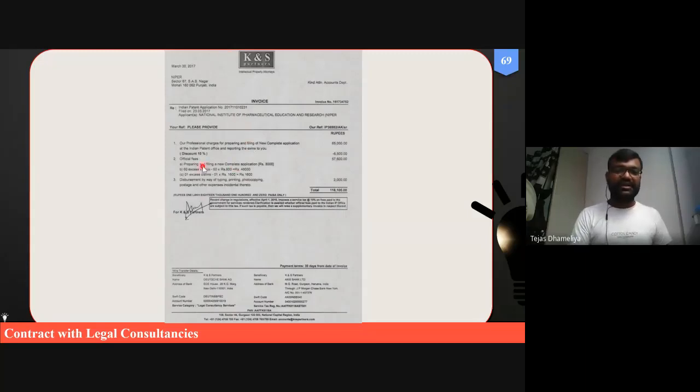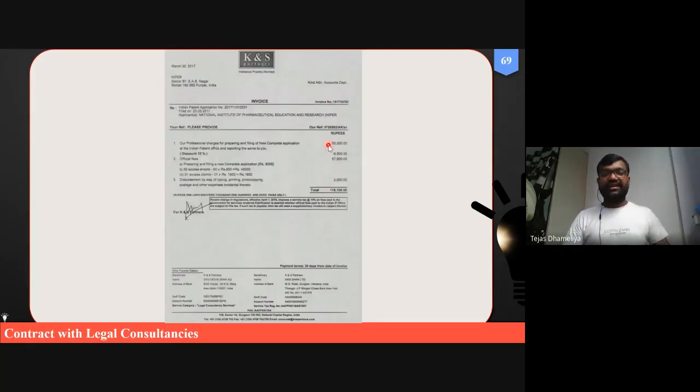They have also given some amount of discount, so that can also be considered. So at the end, the amount paid is nearly 1,20,000, about 1.2 lakh, for filing of the patent, right?